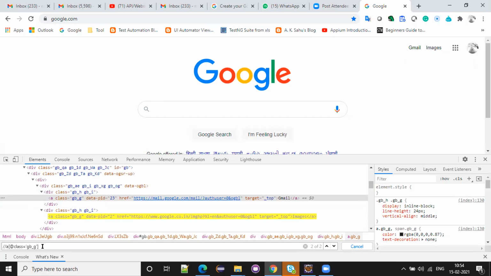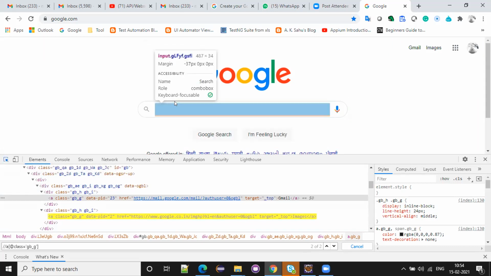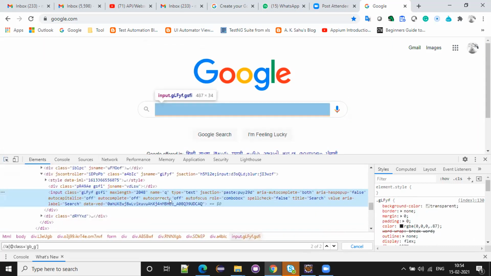I want to write XPath for this particular thing, so I need a unique thing. See, aria-label. I am going to write XPath for the input box: input.